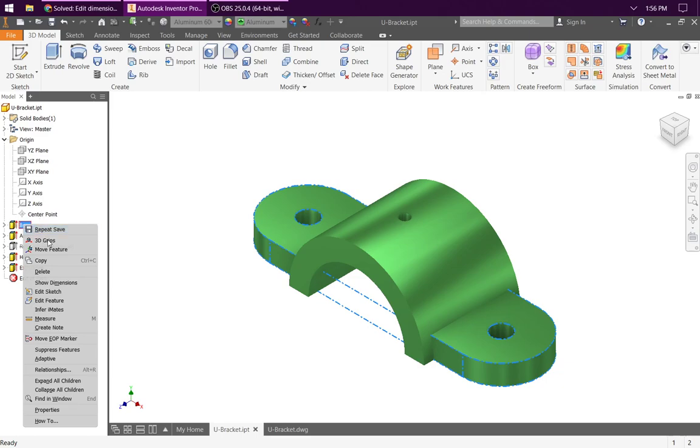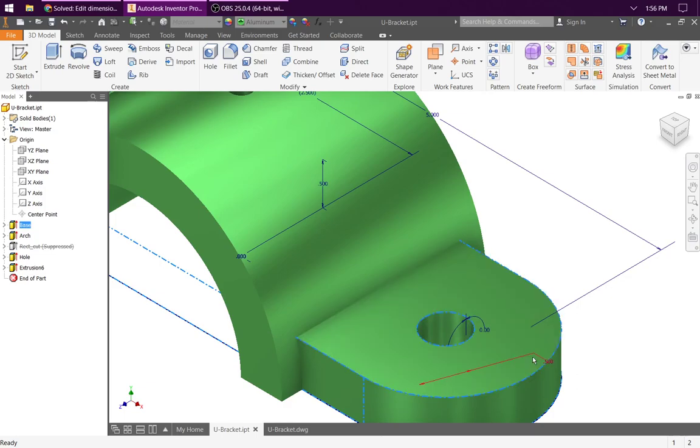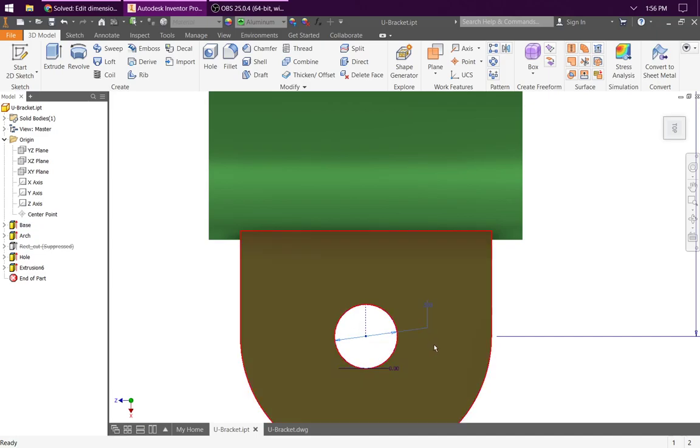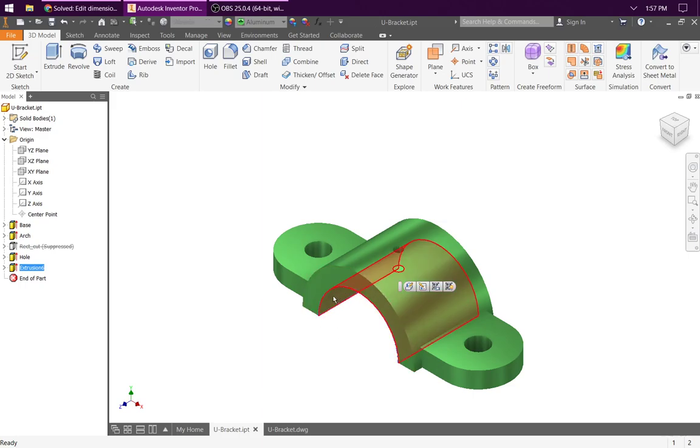If we right click on that part and click on show dimensions, I'm going to change, look at this from the top. I want to change the diameter of these holes to 0.625. OK. And then when you hit the local update, it will make those holes a little larger. We're also going to change, in the extrusion 6, which is the semicircular cut here,